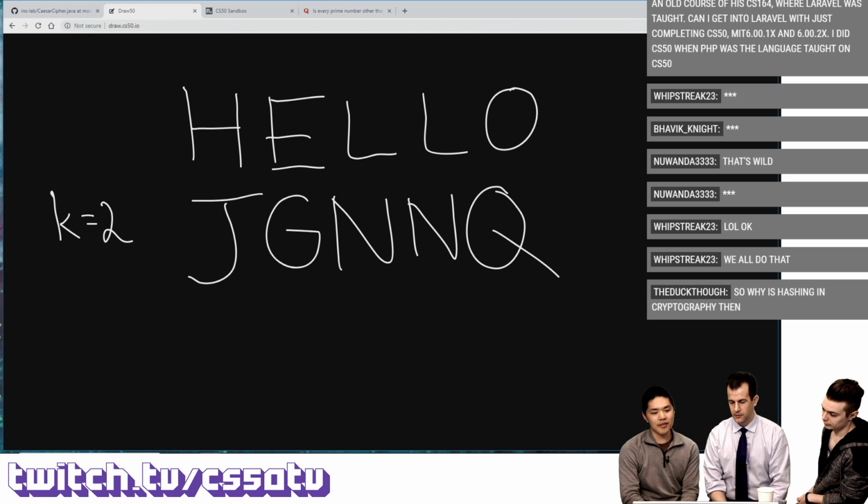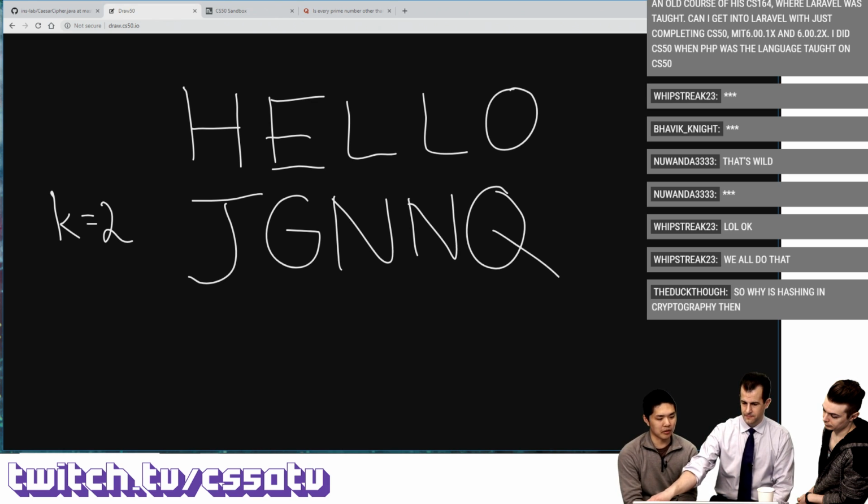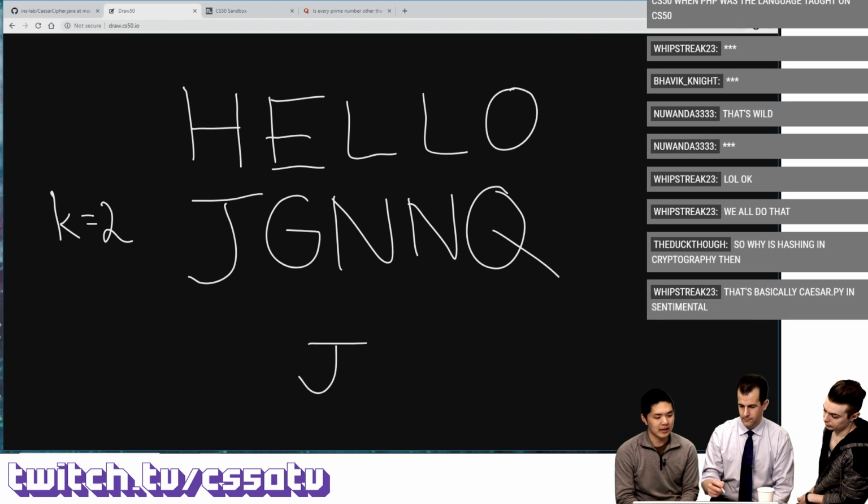The ciphertext, exactly. And then I send this message, JGNNQ, over some channel to the person who I want to receive the message. And if they also know the key, K equals 2, what they would do is the reverse of what I did. I move forward in the alphabet by 2 characters, and so they'll go backwards by 2 characters,